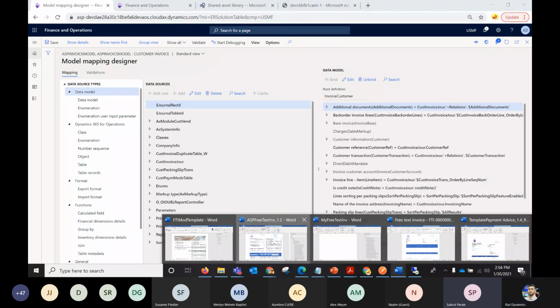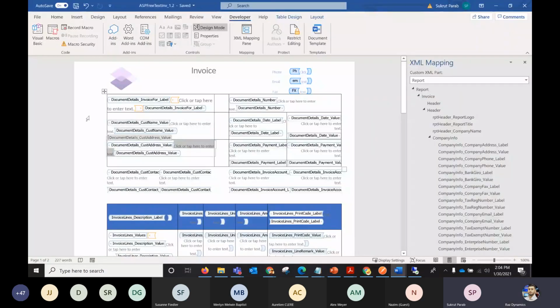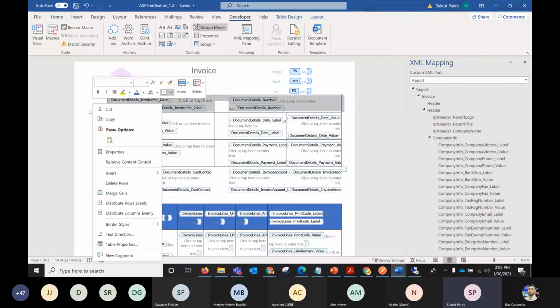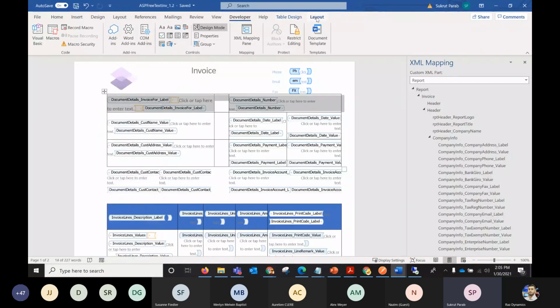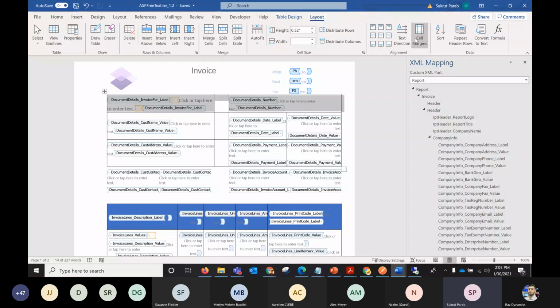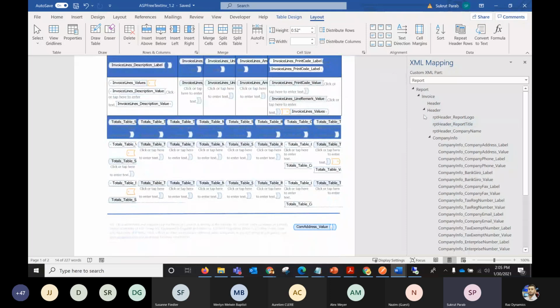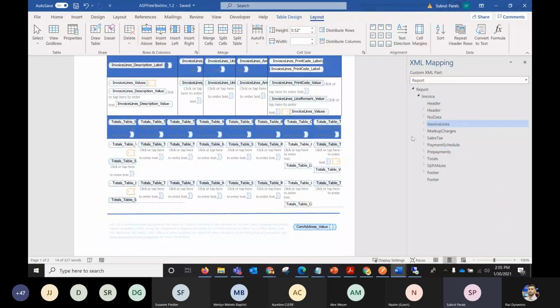So to answer that question, while designing these reports, you have an option in Word, somewhere in the layout, to repeat certain header rows or certain things like header and footer in your report. So as long as your format is defined, and for example, in your report format structure, you have totals fields,